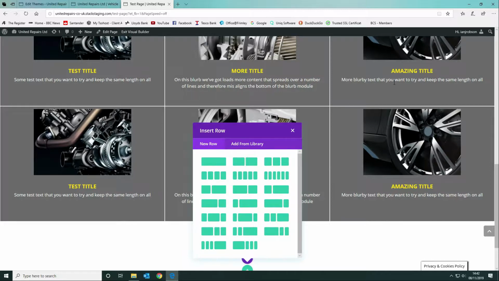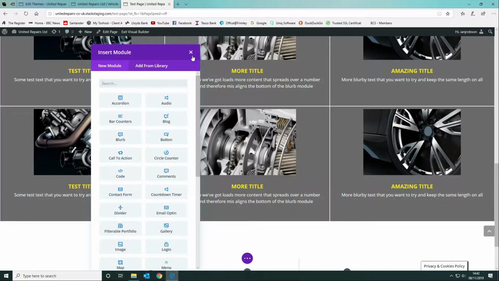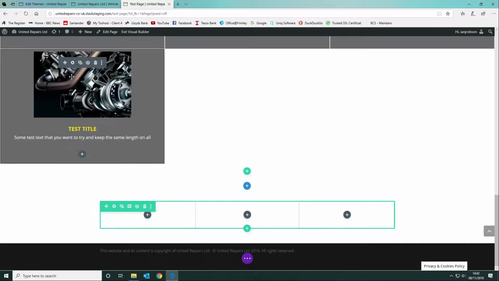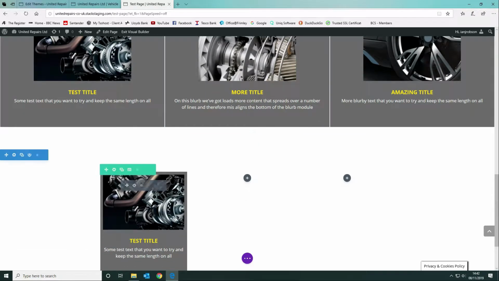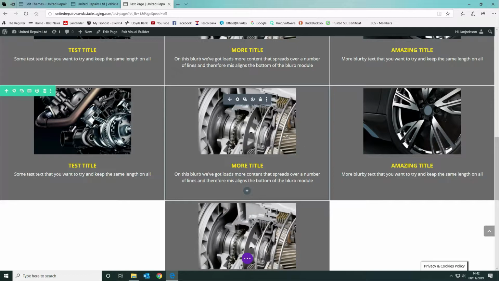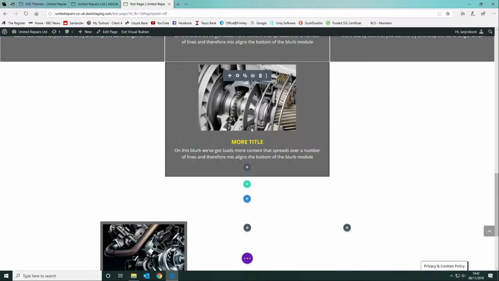and I am going to use 3 width. I'm going to cancel out of that because I don't need it, and what I'm going to do is I'm actually going to use each of these blurb modules. So I'm going to duplicate that, bring that over and pop it in here, and I'm going to duplicate that and I'm going to bring that in here,